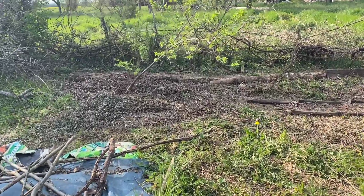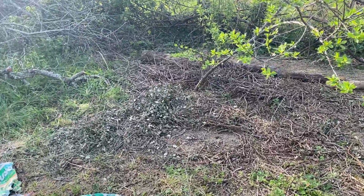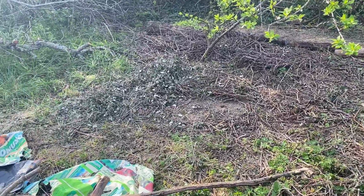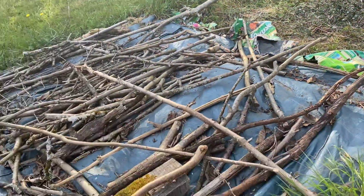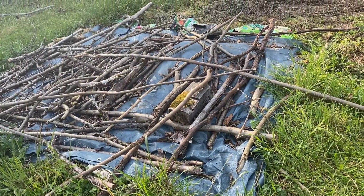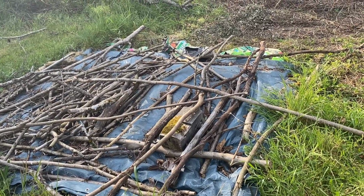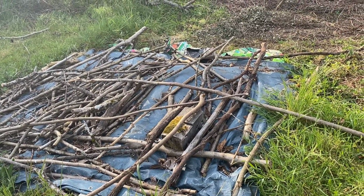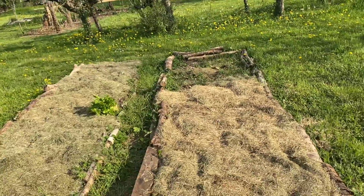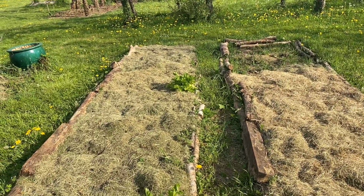So basically, I started with a lot of brambles and weeds, depending on the area, and I've just cut that all back. And sometimes I covered it, like I did here, with tarpaulin, so that the light couldn't get to it, and underneath it kind of rotted, and it enriches the soil. So that's quite a good way. Then I've been doing slightly different methods for each one, but creating beds like this and putting lots of different layers of